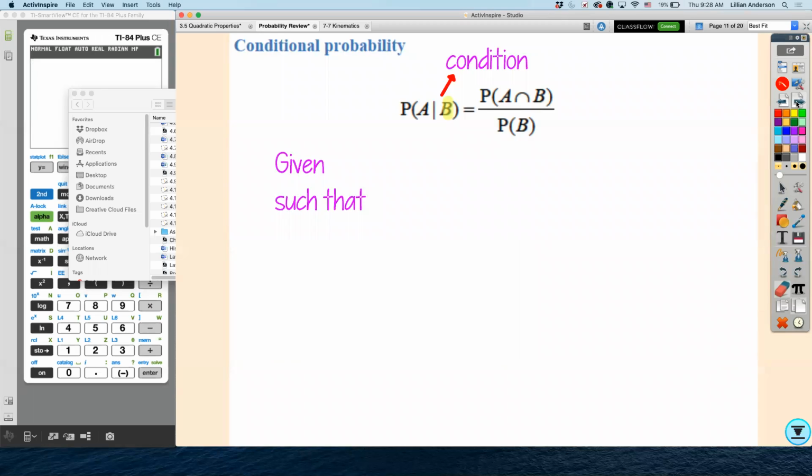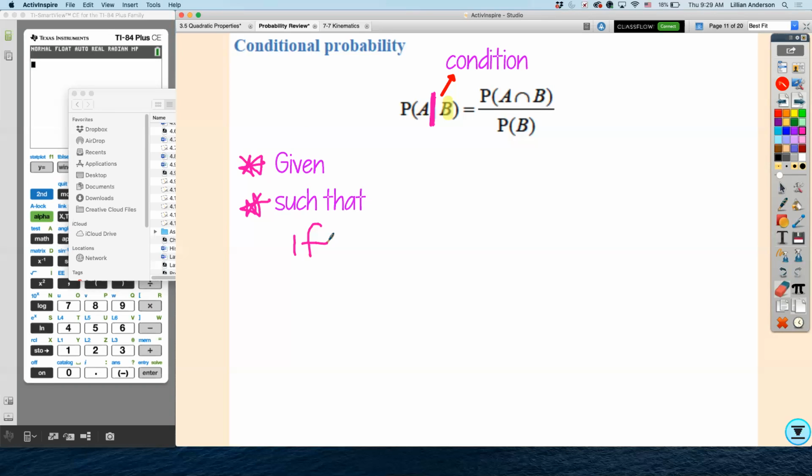Conditional probability, very common. This formula is straight from your reference booklet. I highlighted the back part of the formula. The vertical bar, don't forget, always means conditional probability. The part that follows the bar is always your condition. Some trigger words to let you know you're dealing with conditional probability are given or such that. Another common one is if,